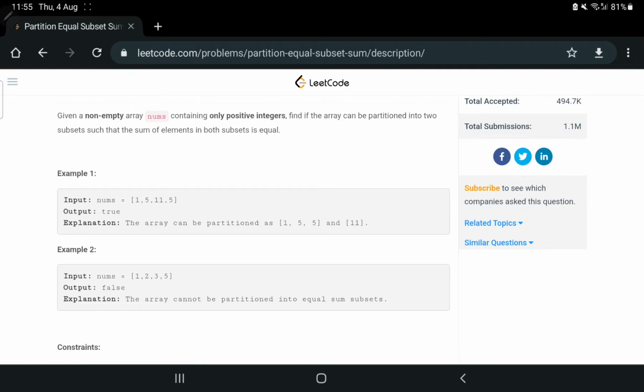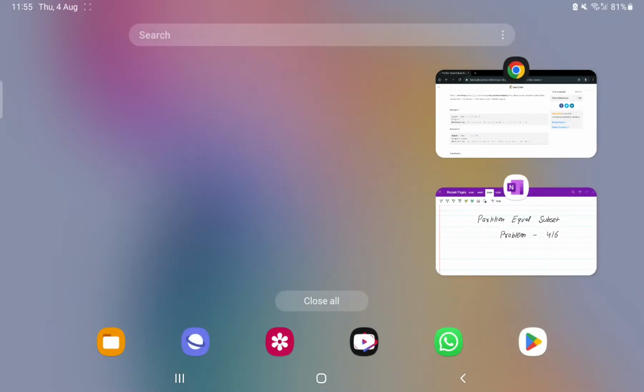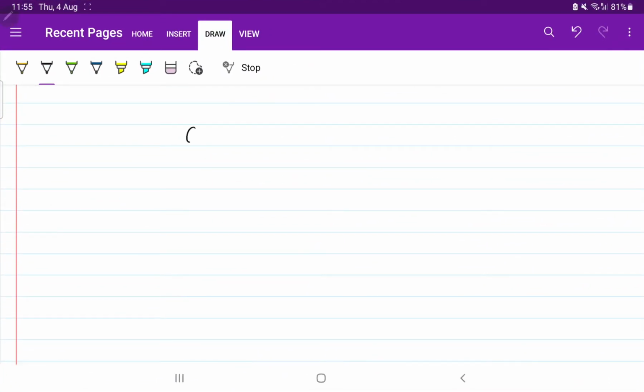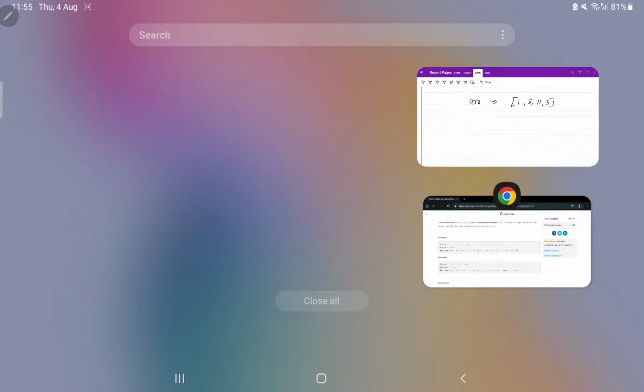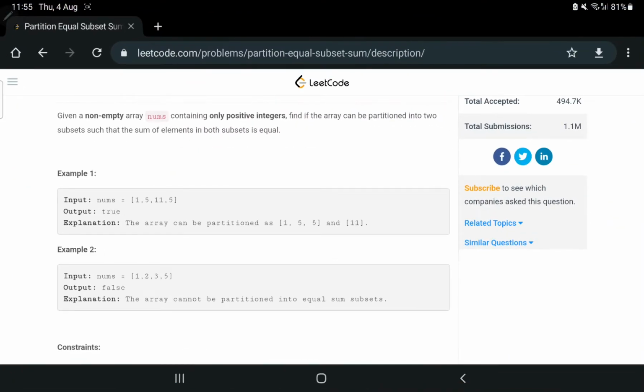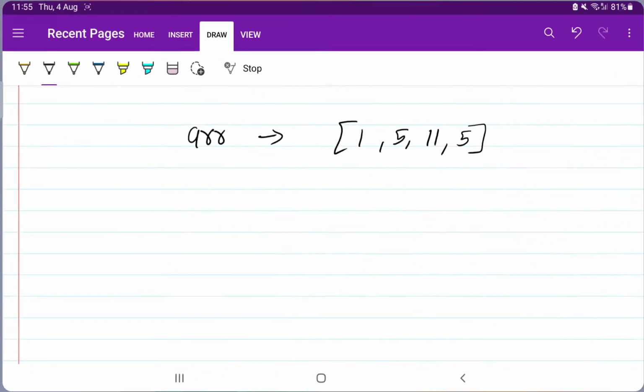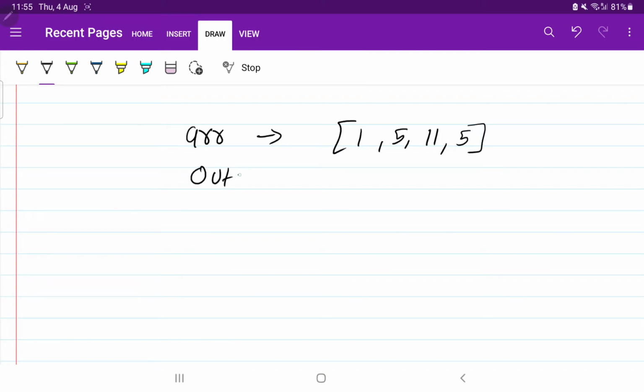Okay, so the input is like this: what is the array given? The array is given with the elements 1, 5, 11, 5. And they have asked whether this array can be partitioned into two arrays. So we have to give the output as true or false.